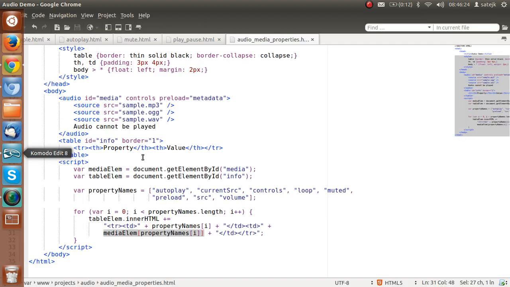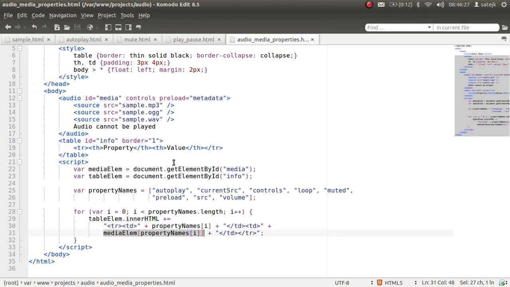So basically we went through some feature sets, some attributes and some function calls. Hope this improves our knowledge and we had a good experience of the implementation of the audio tag. In the future sections I will be covering more videos related to the audio, covering some more attributes and use cases.